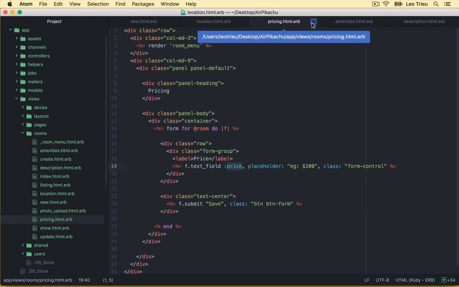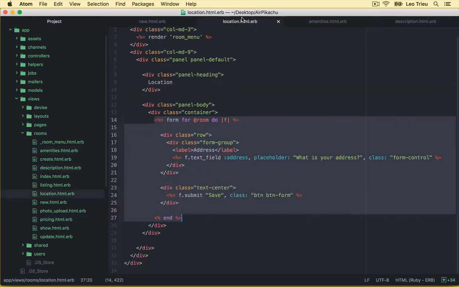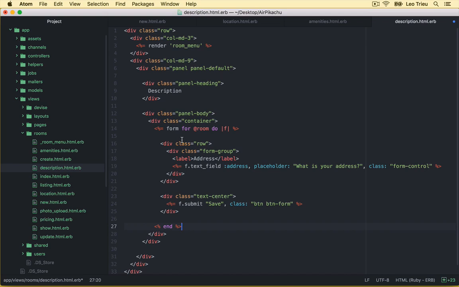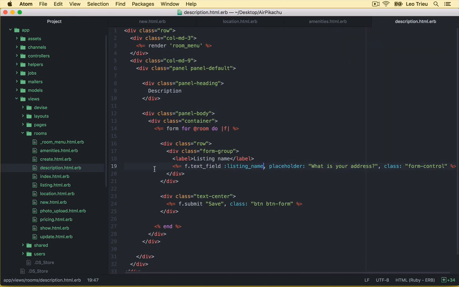Alright, so pricing we're done, and amenity, well, description is a bit similar, so let's copy and change this one. So first we change this one to listing name, and this one is going to be listing name. Alright, and copy,